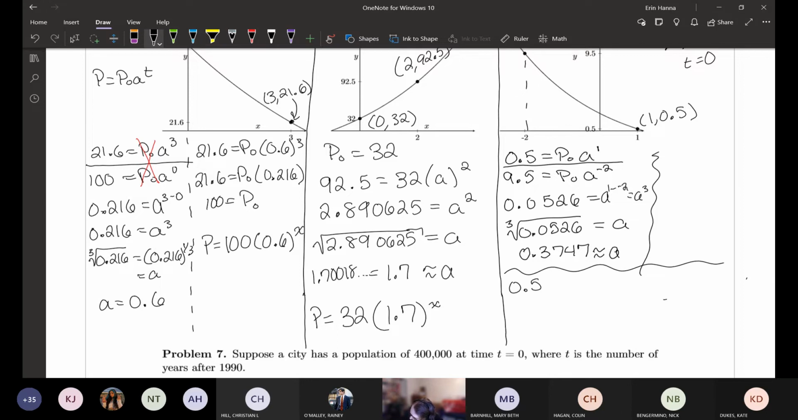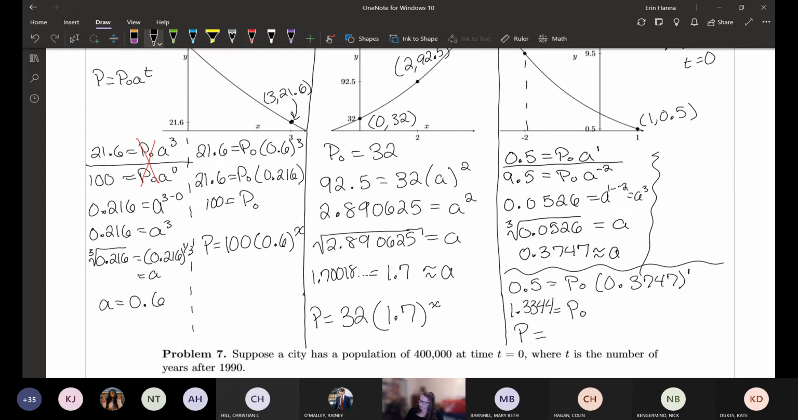So 0.5 equals P naught times 0.3747 to the first. That's nice because anything to the first power is just itself, so we don't need an extra step there, and we can just divide the 0.5 by that. So 0.5 divided by 0.3747 will give us that P naught is equal to, I'm on a 4 decimal place thing today,